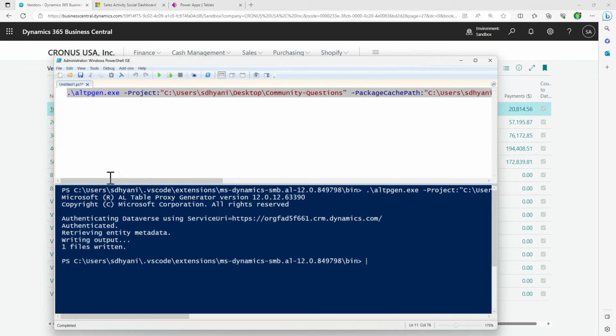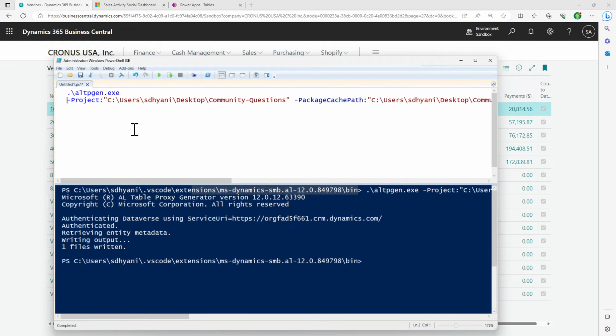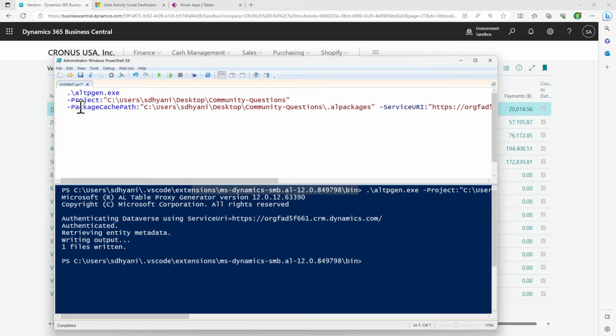Let's see these parameters again. The first one is you navigate to that path where your exe is, then you give that exe. The parameters that you need to give is the project, where your AL project is placed. The second parameter is your app cache, where your symbols are. Then the next one is your